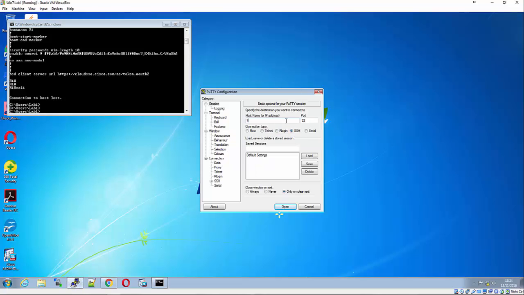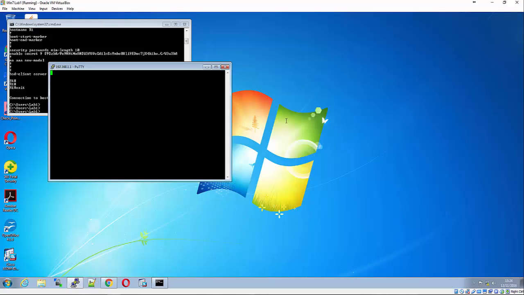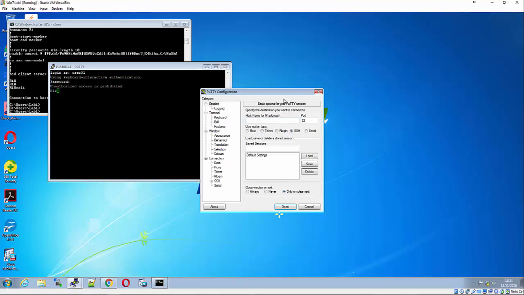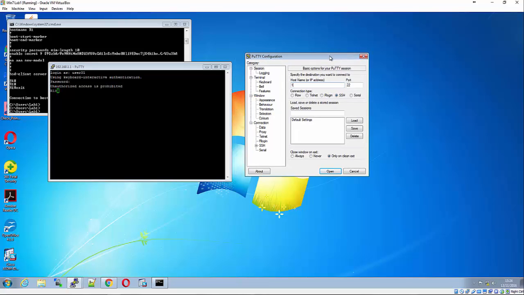We'll do SSH again, 192.168.1.1, and we're going to use user 01 pass. And as you can see there, because we are not privilege level 15, we weren't taken to the privileged exec mode. So if we open another putty session to the same place,